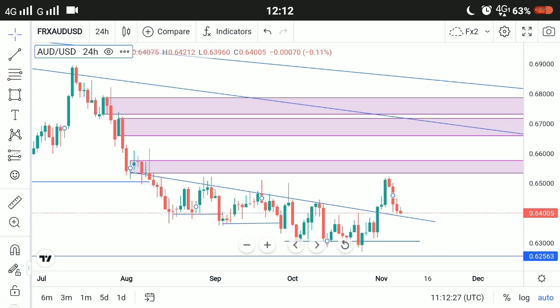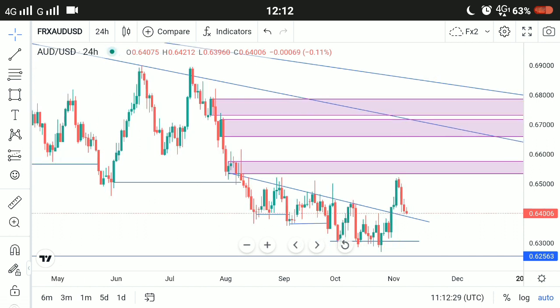So this is like the start of liquidity. Liquidity would have already started under this trend line. So you see that when we got a breakout, this is when